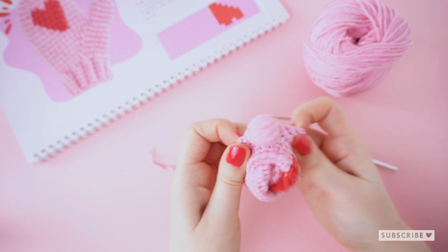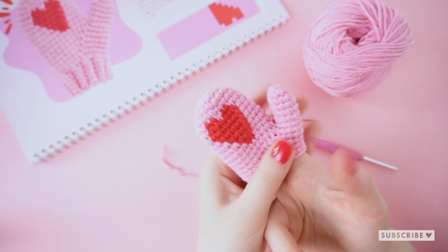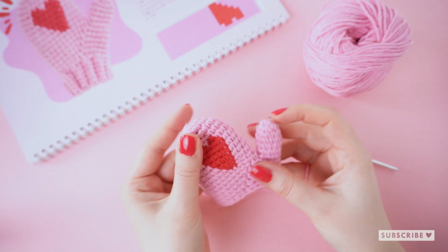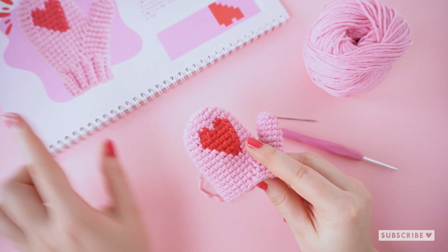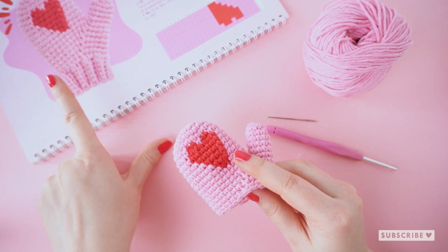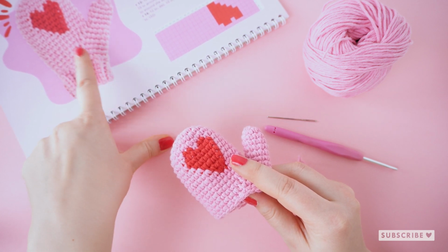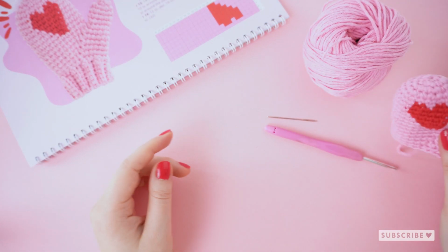Let's turn it back the right way. So this is how our mitten looks right now. It is just adorable. Okay, we have one part left, and that is the cuff part. As you can see here, it is a rib that we are going to attach to the mitten with some stitches. So we are going to sew them together. So let's put this part aside